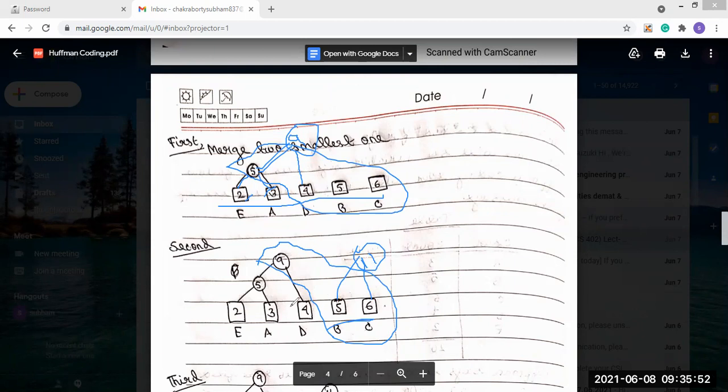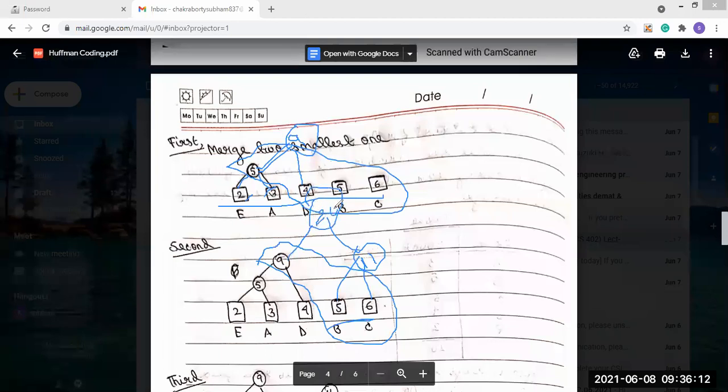Between these there is no condition of a smallest element, because we have to combine these 2 also. So this 9 and 11 will be combined and we get 20.